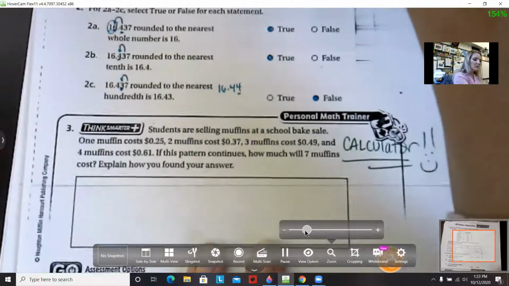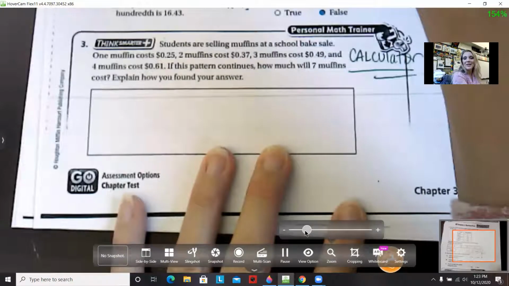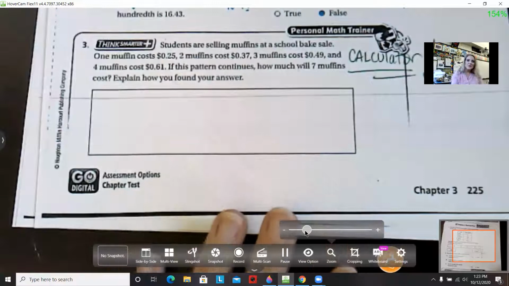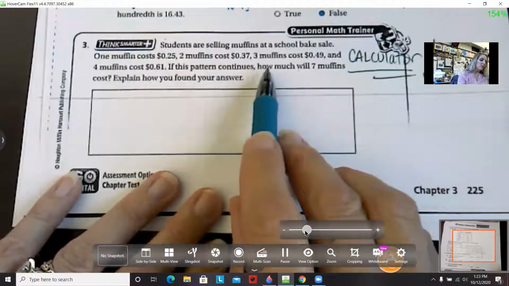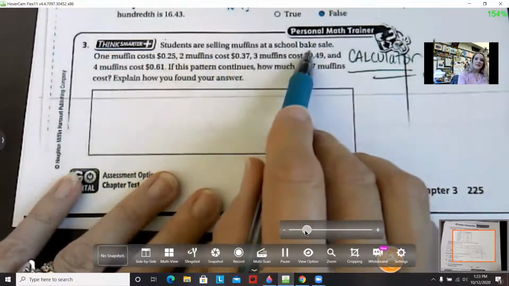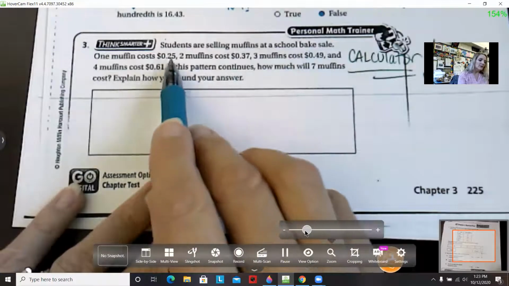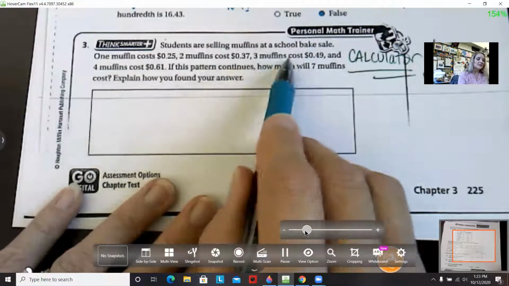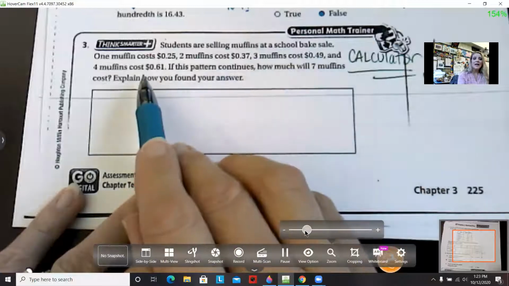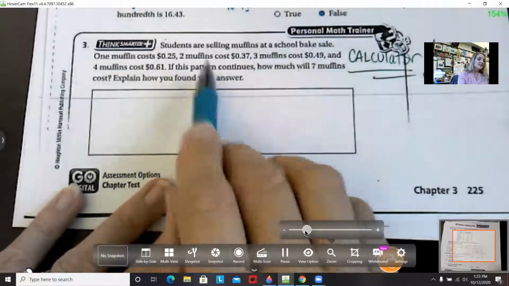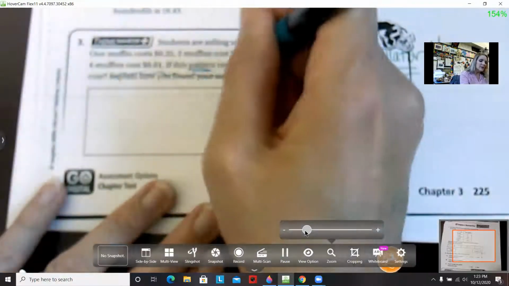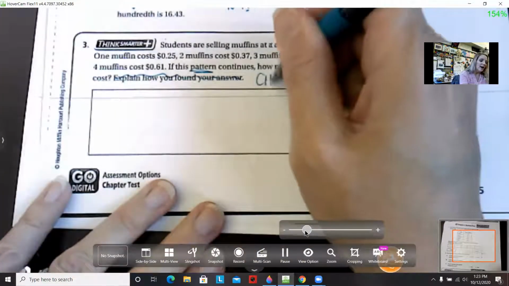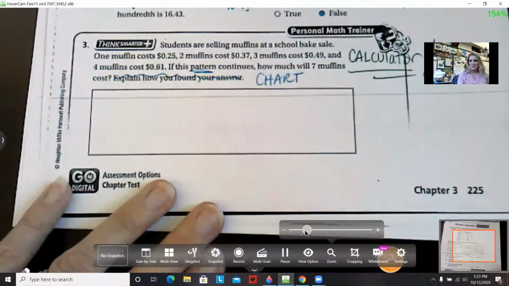Okay, we see here for number 3, I have the word calculator. So if you have one, go ahead and pull it out. Let's read it together. Students are selling muffins at a school bake sale. 1 muffin costs 25 cents, 2 muffins cost 37 cents, 3 muffins cost 49 cents, and 4 muffins will cost 61 cents. If this pattern continues, so there's a nice sequence, a nice pattern here, how much will 7 muffins cost? And we don't have to explain our answer, because if you draw a chart, I can see your explanation